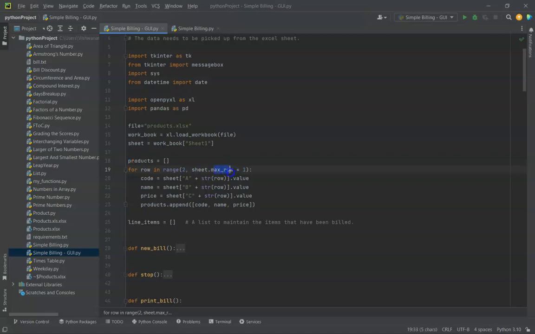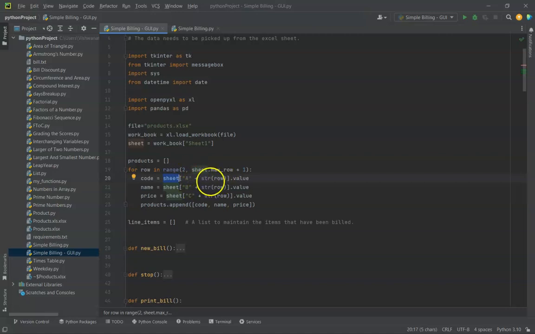Sheet max_row will give me one more than the actual products that are there, because the first row is for the column headings. And then I'm saying sheet within brackets